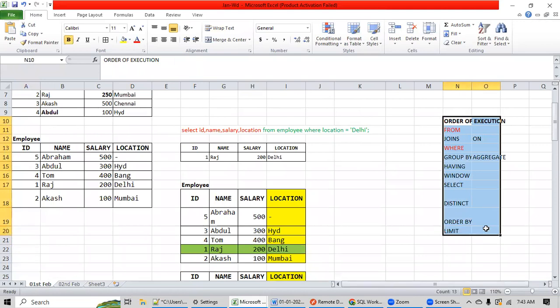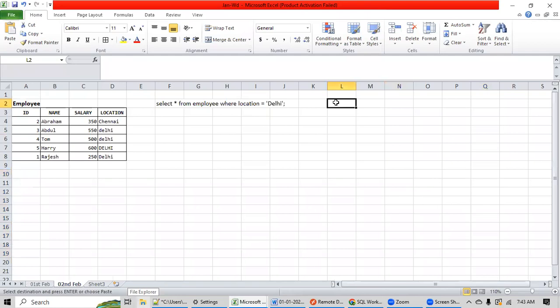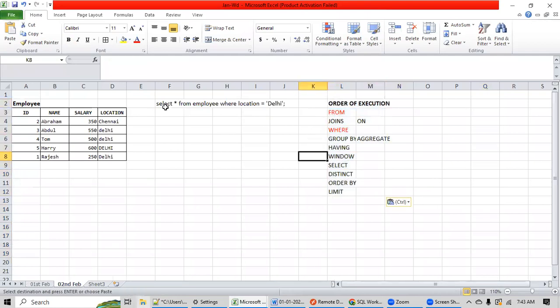Order of execution means the way your engine executes your query. You are thinking that you have written select first, then from and then the where keyword, right? But this is not the way your SQL engine executes your query. It executes your query in this manner.